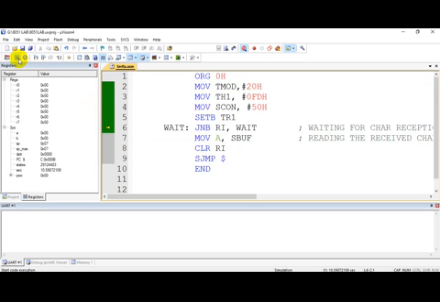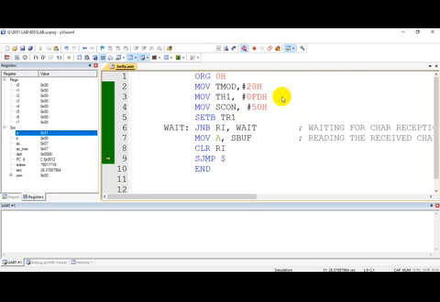Let me stop and run it again. Now I will send a character A. If you see now, in the accumulator 41 has come, because I have entered capital A and the ASCII value of capital A is 41.